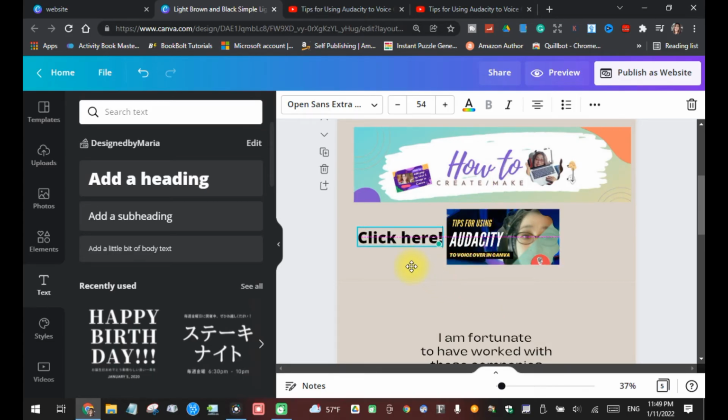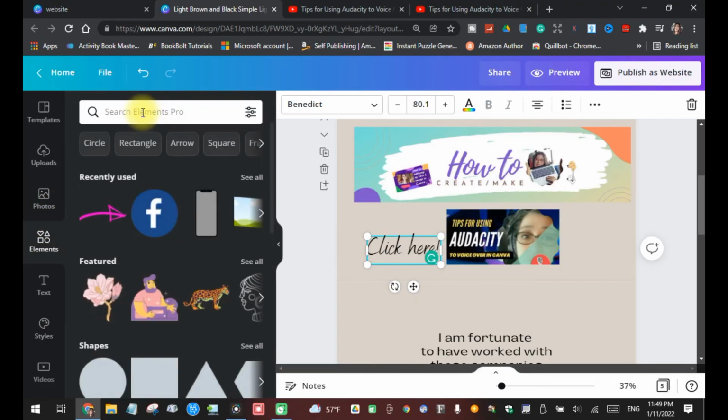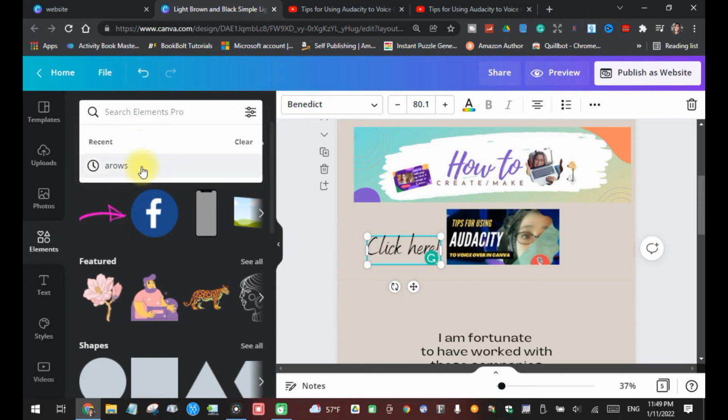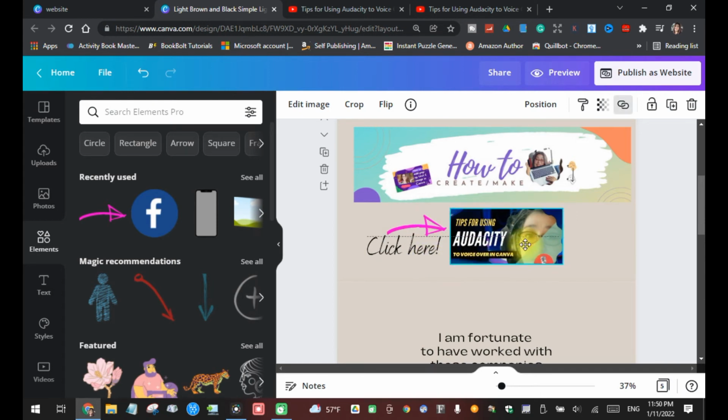or somewhere here. Okay, you can choose the font that you want, and then you can also put some elements here. Let's put some elements. Okay, let's say some arrows, like arrows like this. If you put this arrow here, so they know where to click it, I think put over here and pointed to this thumbnail. Alright, so now when they see click here, if they click this one,